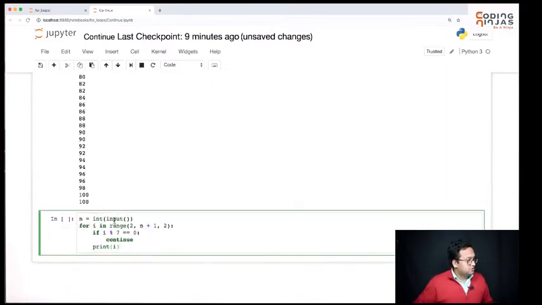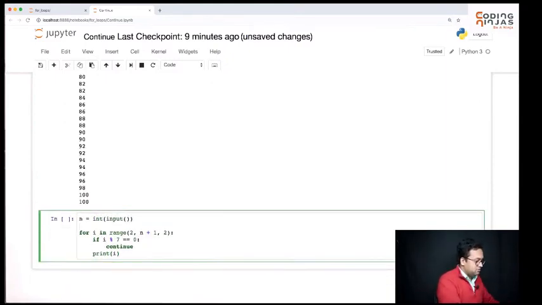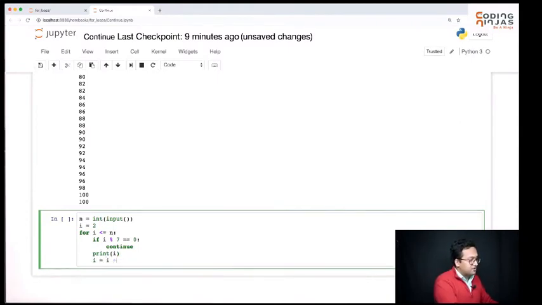So basically, i starts from 2, i less than or equal to n, and I need to do i equals i plus 2. This is actually interesting. You'll see a problem here. So what should happen?